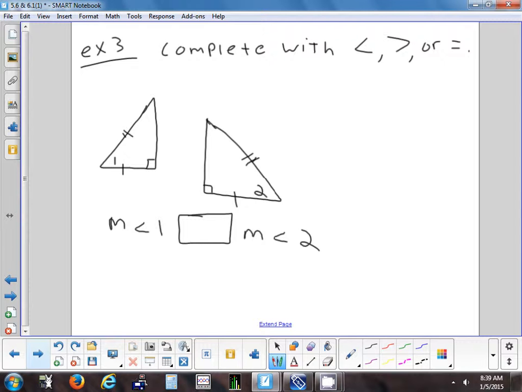Oh, Dakota? No? Okay, why not? What do you have to have for the Hinge theorem? Either the converse or the regular one. How does it start out? If... no, not angles. Anyone help? How does the Hinge theorem start out? Anyone help him out? If